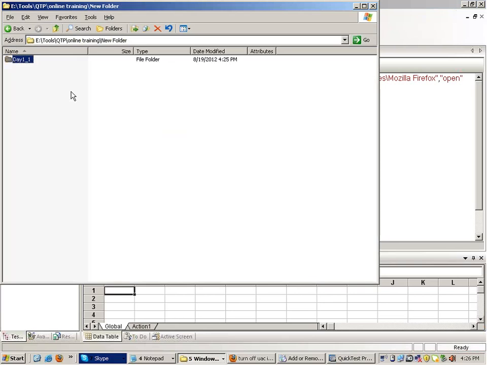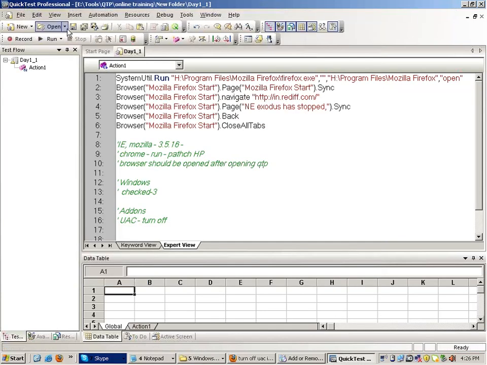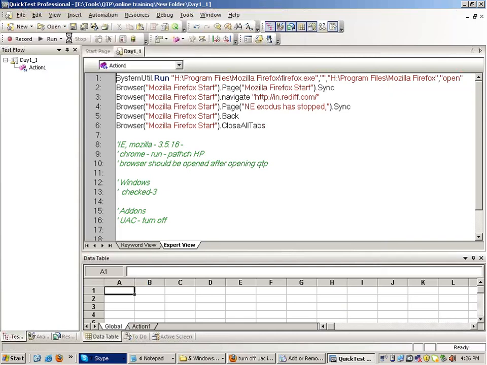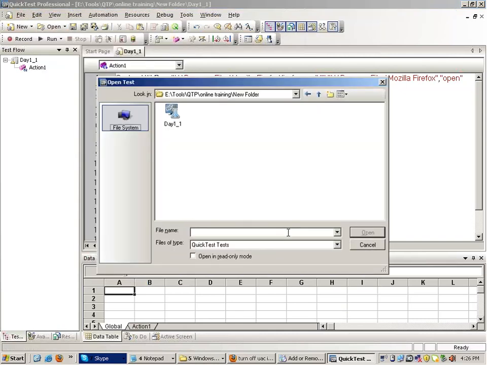It looks like a folder if you go to the physical location. But don't worry, if you open this in QTP, it will not look like a folder. If you go here, open test, it will look like an icon.